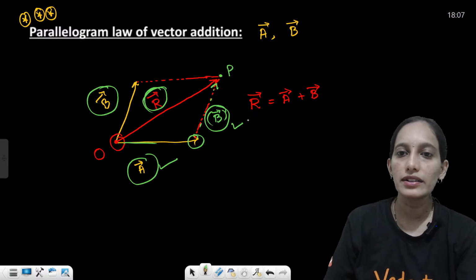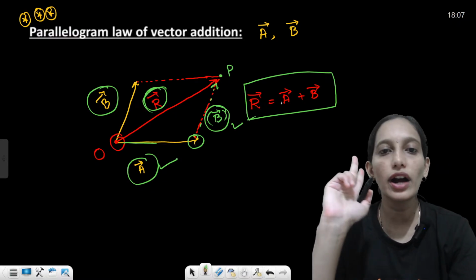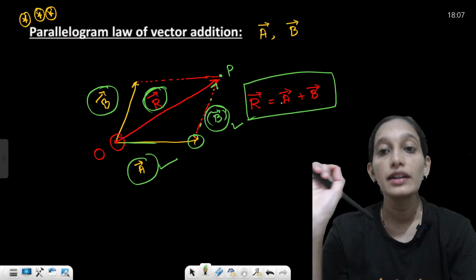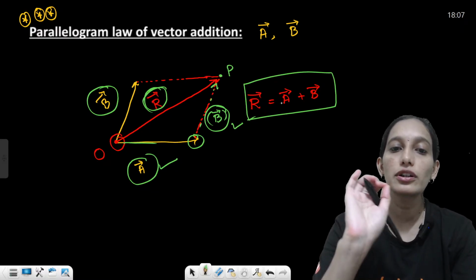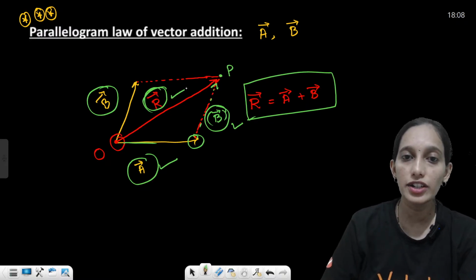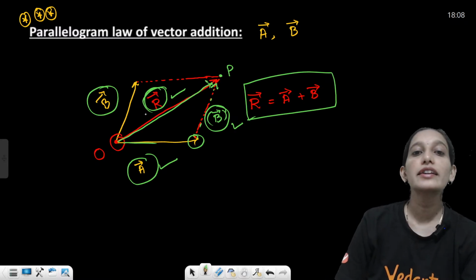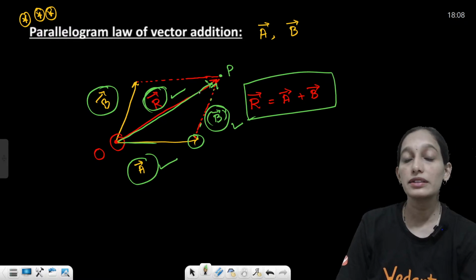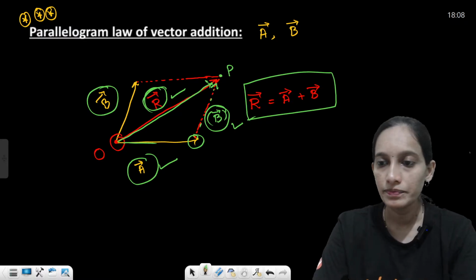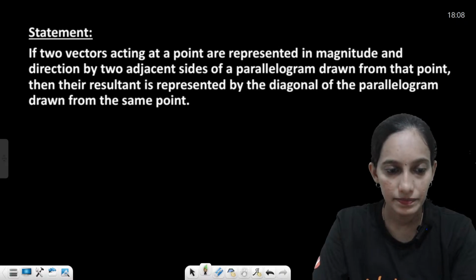Okay. R vector is equals to A vector plus B vector, where A and B are the two adjacent sides of the parallelogram and R is representing the diagonal of the parallelogram which is passing through those two sides. Okay. Both in terms of direction and magnitude. The direction of the resultant will also be in this way and the magnitude is also going to be represented by the diagonal of the parallelogram. Is it clear till here? Yeah. So we'll just quickly have a look about the statement and